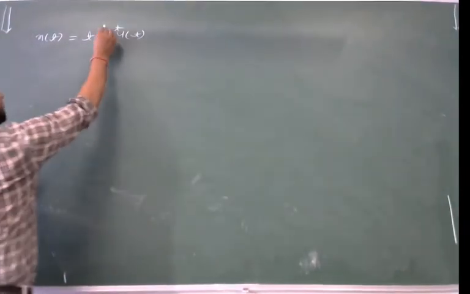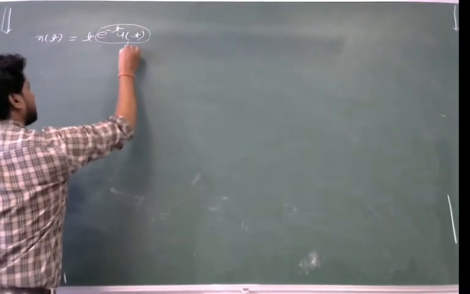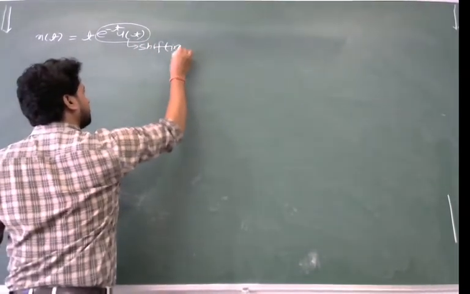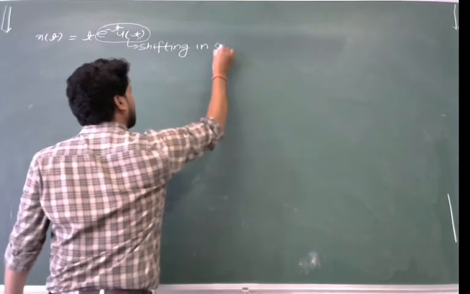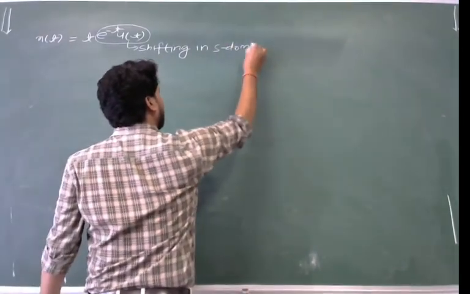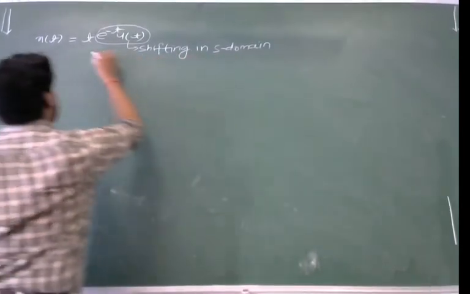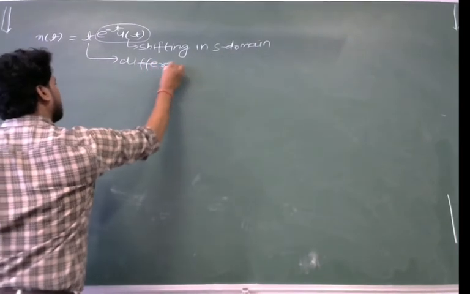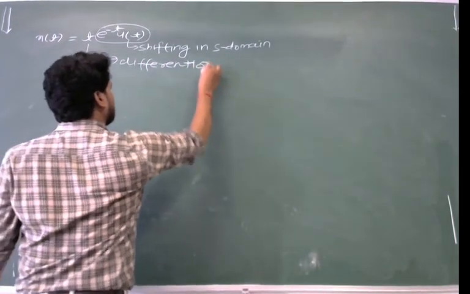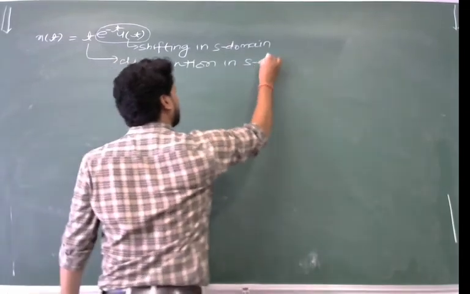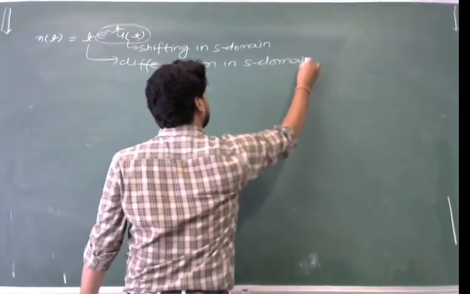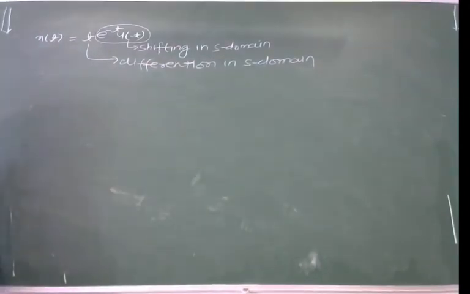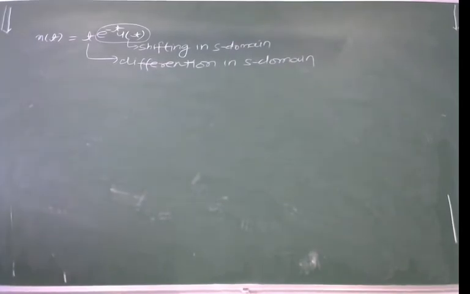So this e power minus t u(t) includes shifting in S domain, and because of multiplication of this t, I have differentiation in S domain. I have to differentiate the signal in S domain. So first of all, we know that the Laplace transform of the signal u(t),